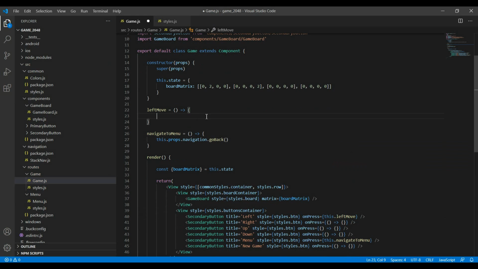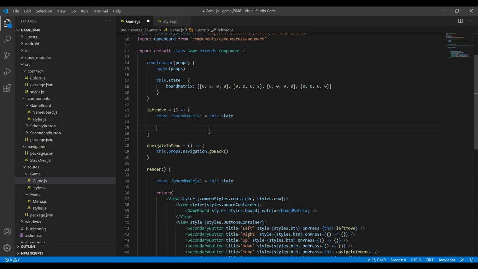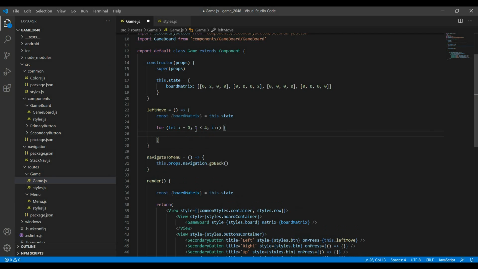So first thing I do is I say const boardMatrix equals this.state. So I get the board matrix from the component state. And now I need to go to every row. So I run a loop for let i equals 0, i less than 4, i plus plus, and within this